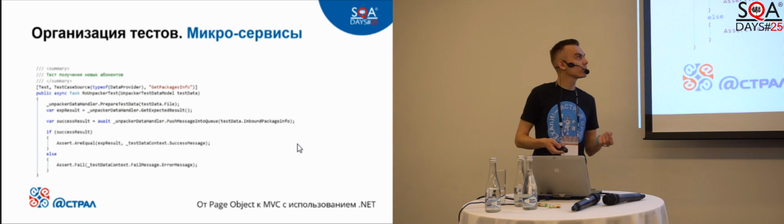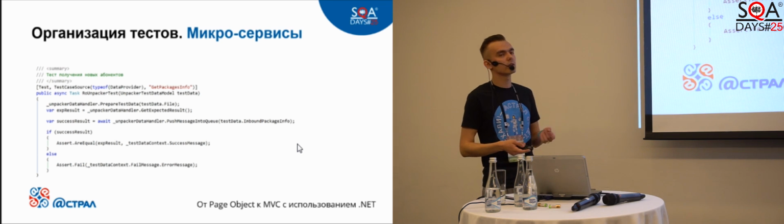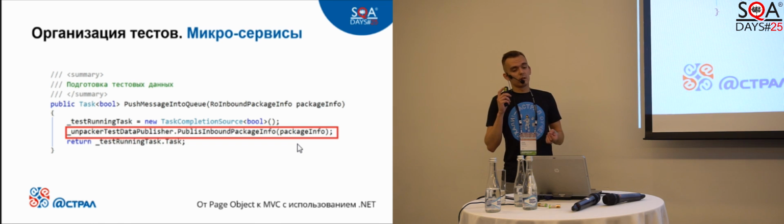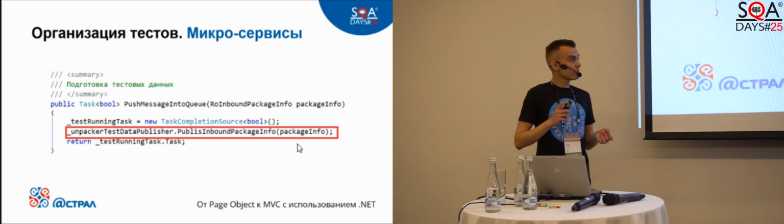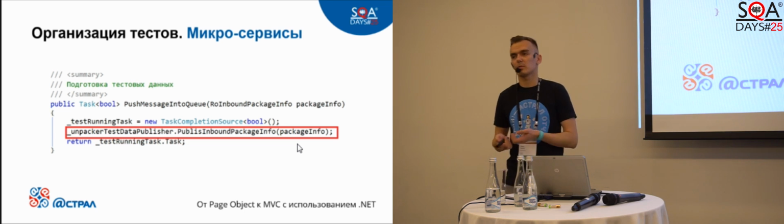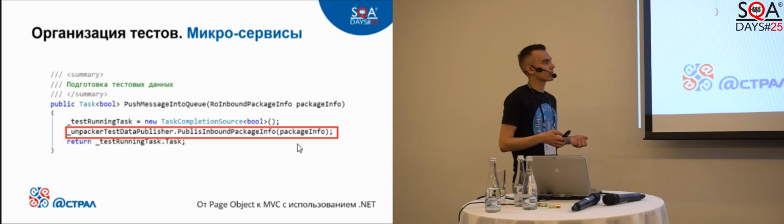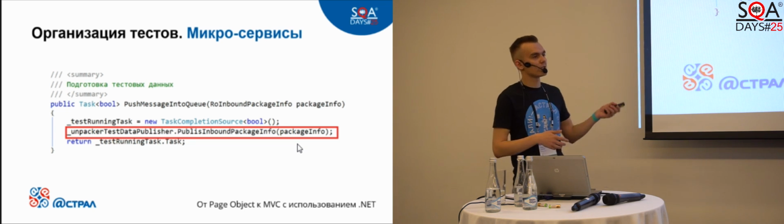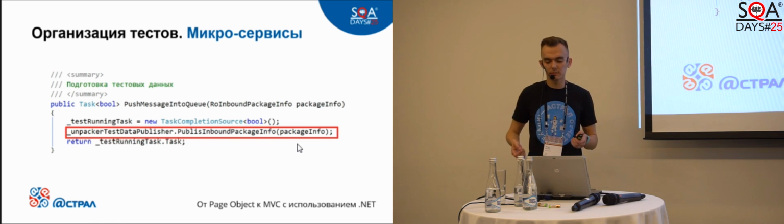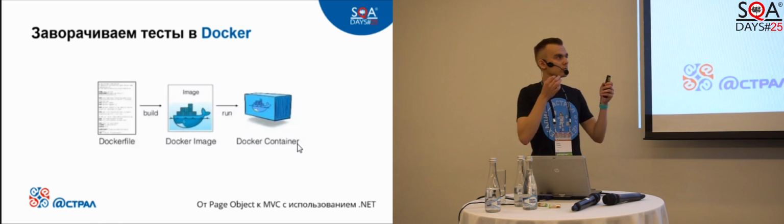Then we check the log and we see that the test was like that and the initial data was like that and the contradictions looked like that. For the interaction of the test with the service, we use ready-made libraries that allow us to use the queue service and to cooperate with the tested microservice.